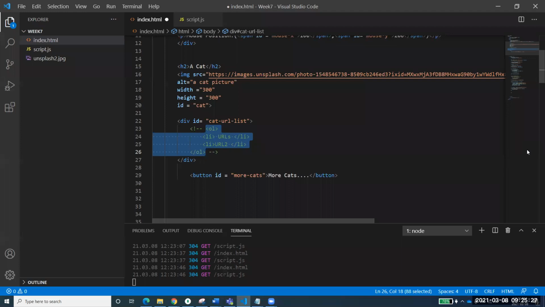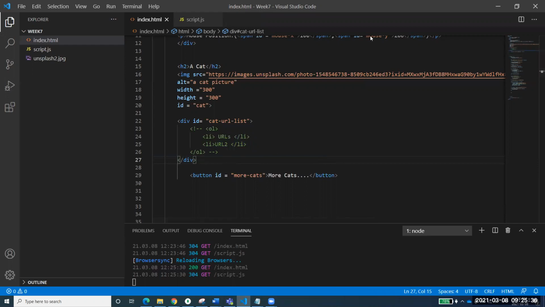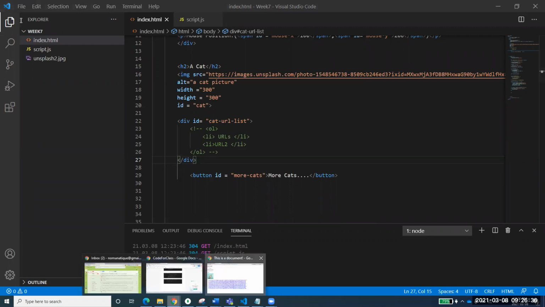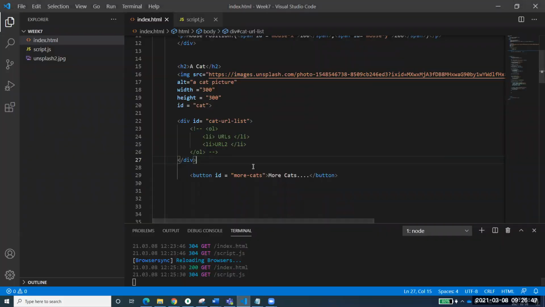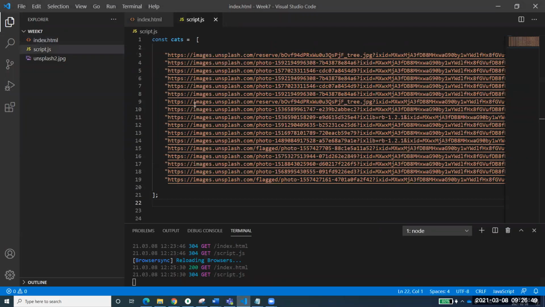Are you getting that? I will be creating that type of list, and this list I will be creating by my code, not by myself. Okay, so someone is getting the syntax. Yes. So now, if you see here, we have created a div ID, and you know what we want to do? We want to do something like this, because if you see in our final output, whenever I click on it, it creates a numbered list, and that numbered list should have all those URLs that are stored where? That are stored in the cats. I want all these URLs to print over there.